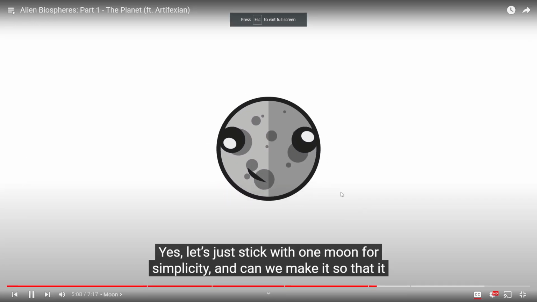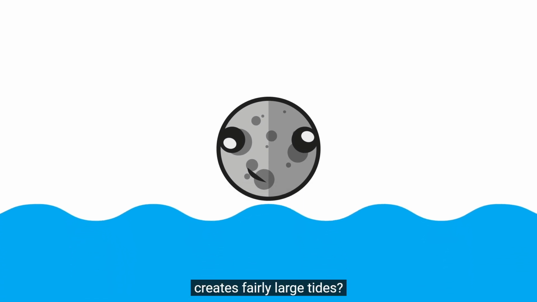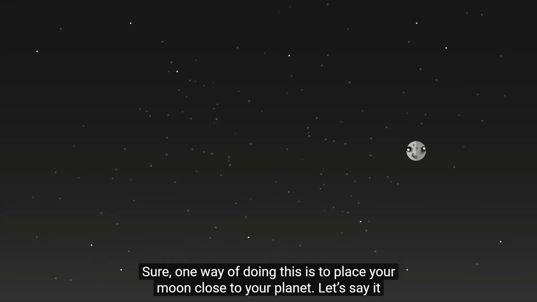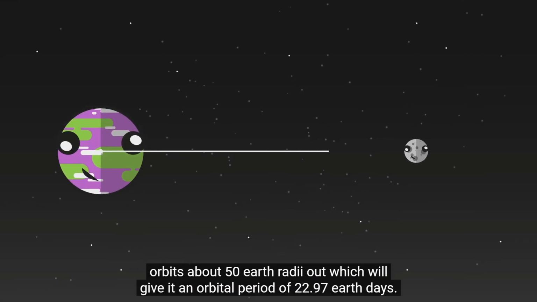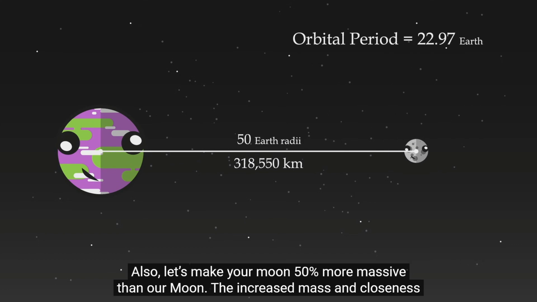Stick with one moon for simplicity, and can we make it so that it creates fairly large tides? Sure, one way of doing this is to place your moon close to your planet. Let's say it orbits about 50 Earth radii out, which will give it an orbital period of about 23 Earth days. Also, let's make your moon 50% more massive